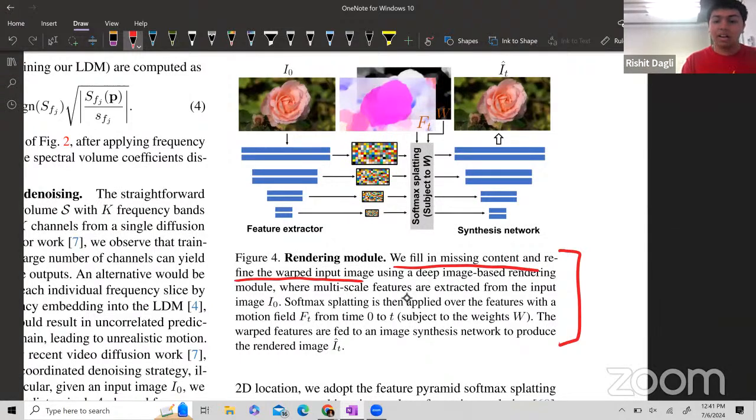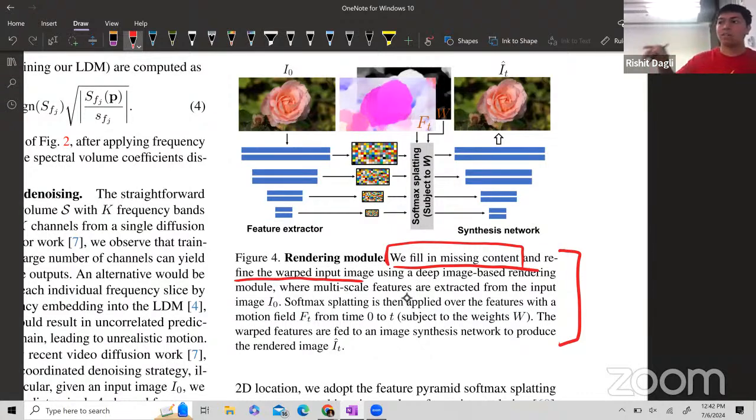And what I think is particularly interesting is they need to fill in missing content, which I wouldn't have expected to be the case, because I would have assumed that when the network is producing all of these Fourier features, it's doing it reasonably well for the entire image.